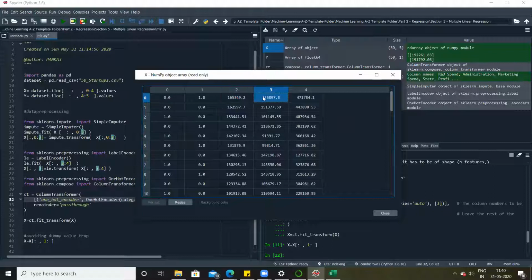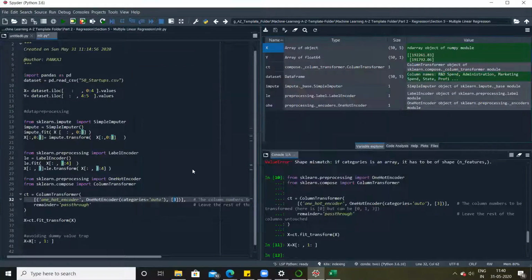Same thing will happen with column 3 data, same thing with column 4 data. So when we said 3 here, we told it, please apply one-hot encoding on the third index. Similar to what we do here: in the case of label encoding, we are telling it to apply on all rows, but on this column. Similarly in the imputer, we are telling it to apply on all the rows, but on specific columns. In the case of one-hot encoder, we need to mention that in advance. We don't pass that in here.